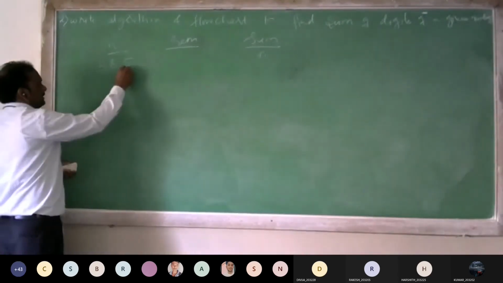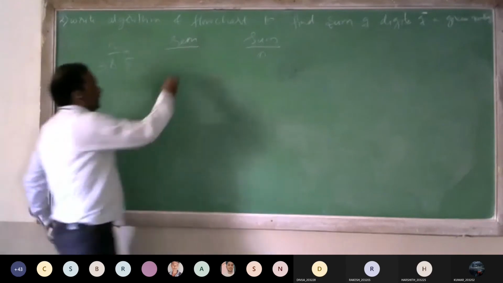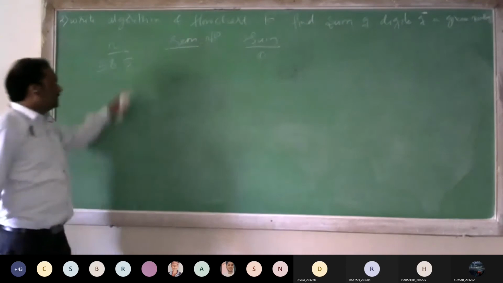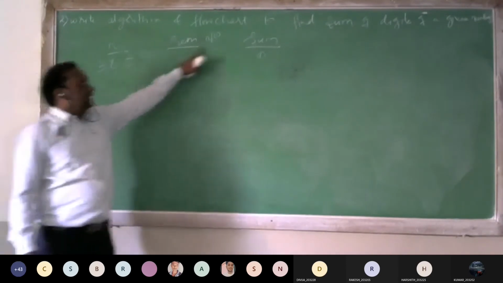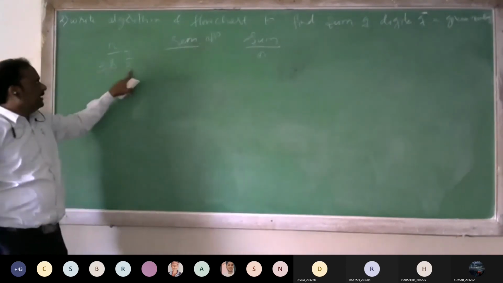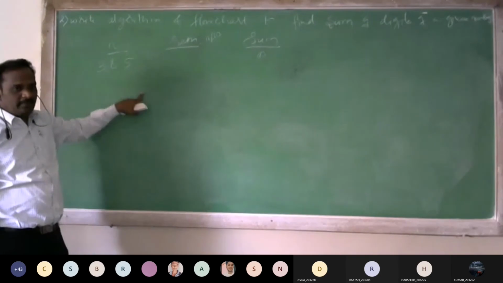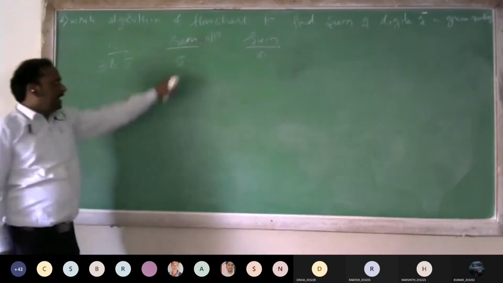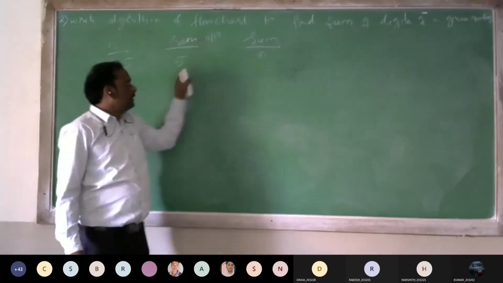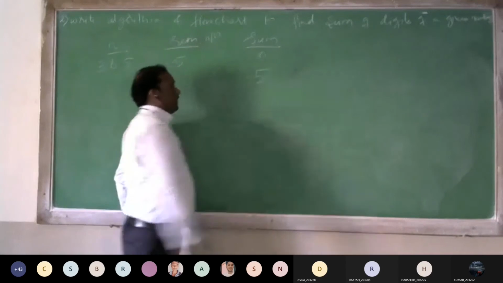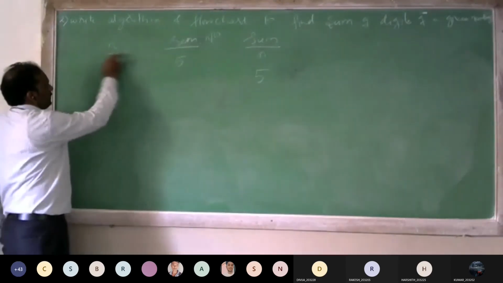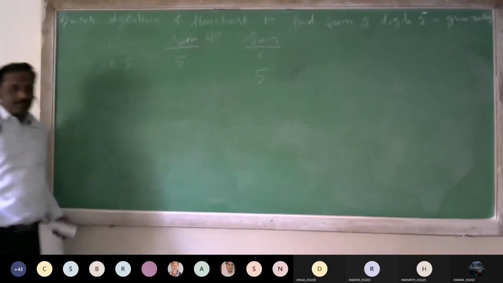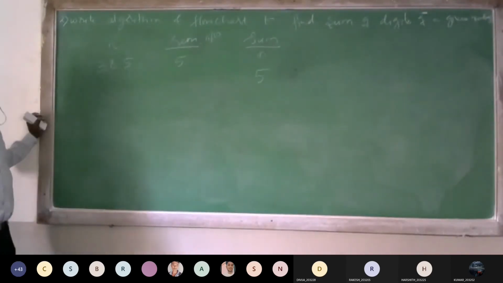385. You extract the last digit. What is the last digit? 5. So remainder is equal to n modulus 10. We will write it like this. 385 by 10, what will the remainder be? Remainder is 5. Get the last digit, then add this last digit to sum. 0 plus 5 is 5. We have added that to sum.